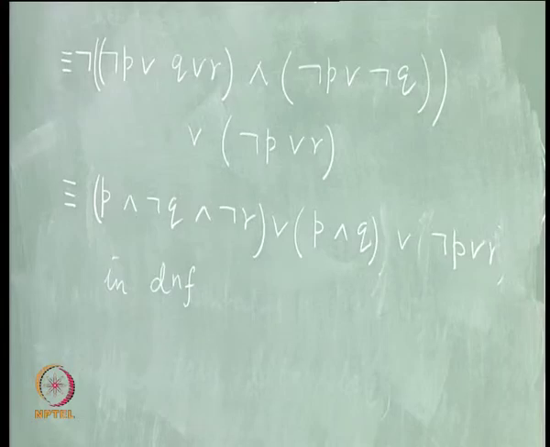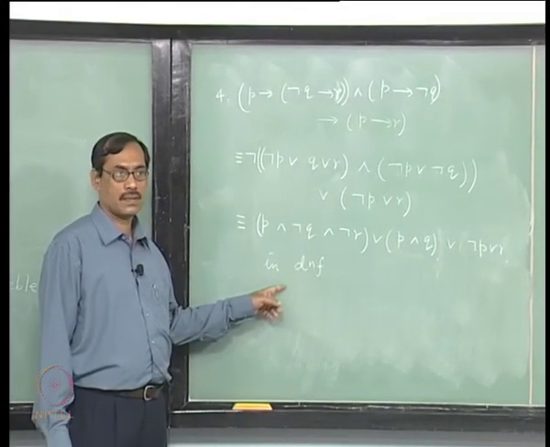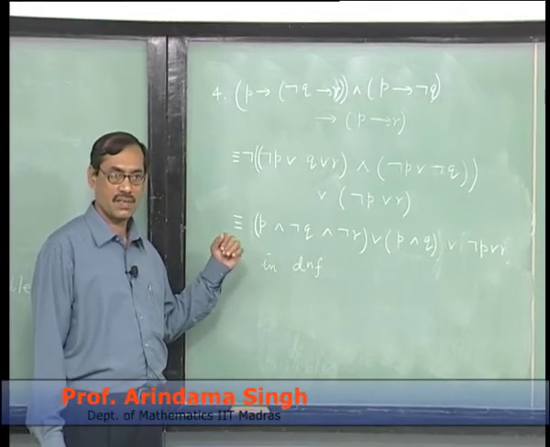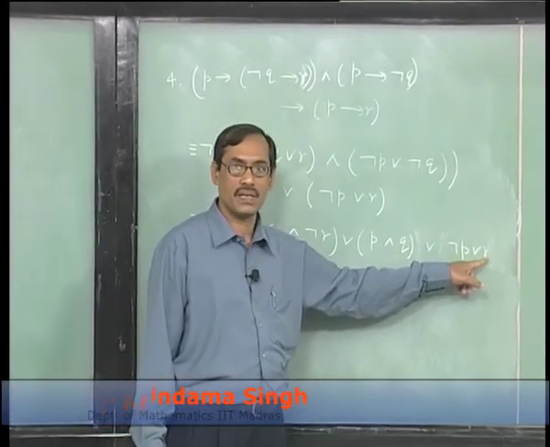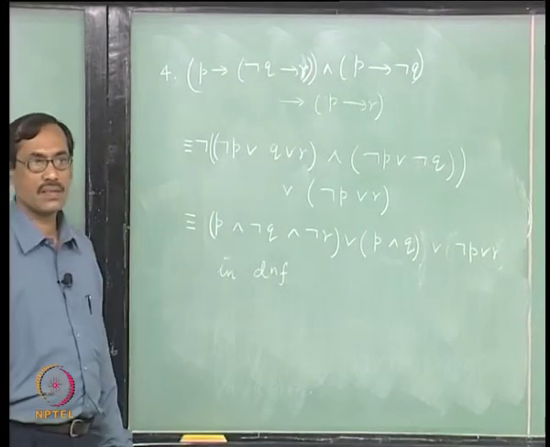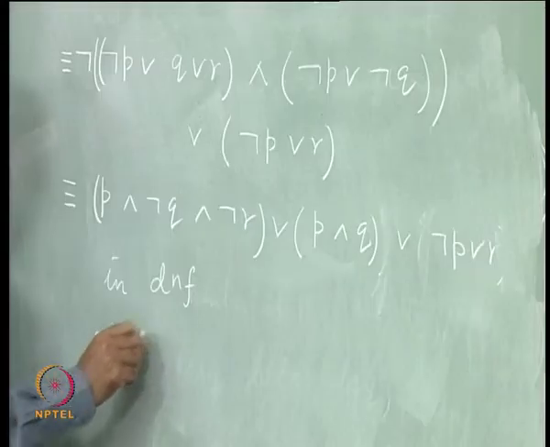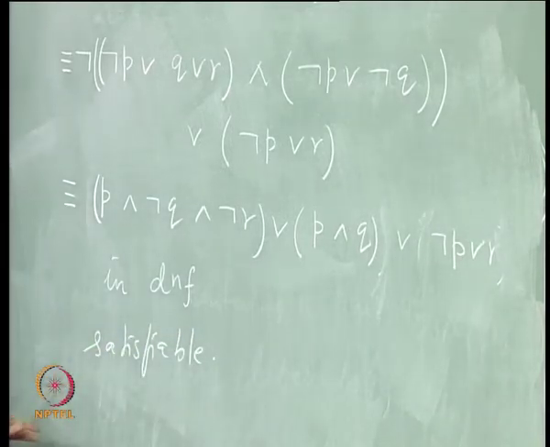Fine. So, DNF says what? Satisfiable or unsatisfiable? This is not unsatisfiable, because there is a clause having no pair of complementary literals. So, it is satisfiable, but it may be valid, right. It is a weaker thing, it can be stronger, it can be valid also. So, change it to CNF and check. So, what will happen there?